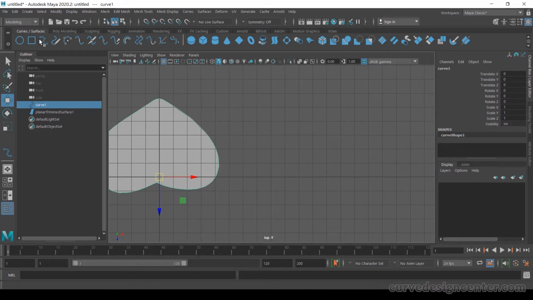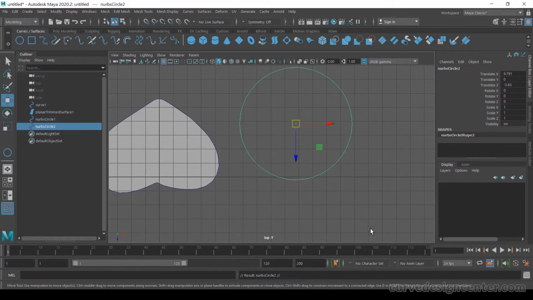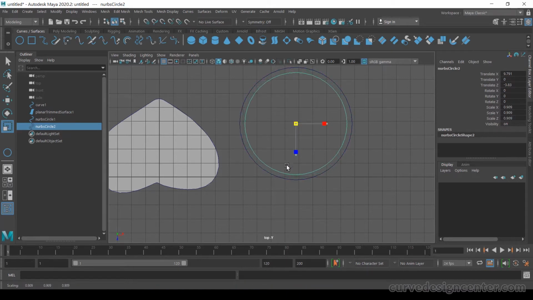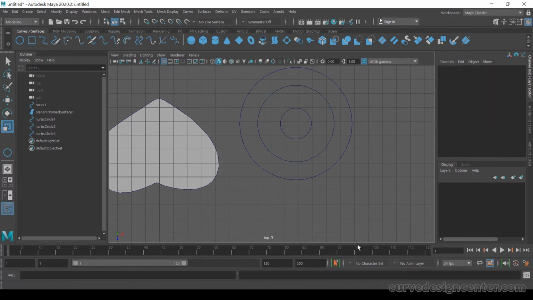Now we create a circle shape, create a big circle, and then Ctrl D for duplicate and scale down like this. Duplicate again and make it smaller like this.